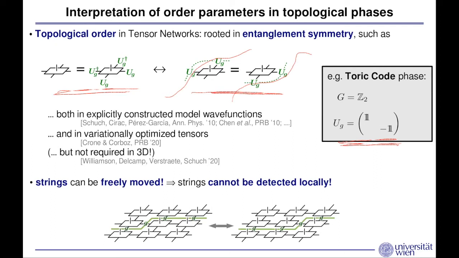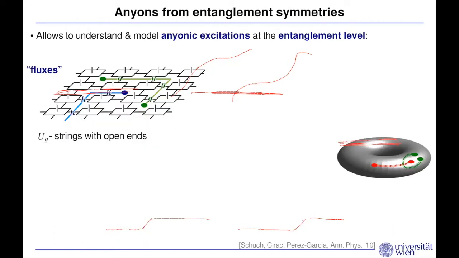And the point of the symmetry is that it allows us to put strings of operators, which we can freely deform. Such a freely deformable string cannot be detected by any Hamiltonian acting anywhere. So indeed, that's what you expect from topological order, that there are things which have an effect but cannot be seen locally. What you have to do instead is put strings of these operators on your system, and you will see that the string can be moved, so it doesn't have any relevance, but the endpoints cannot be moved. So the endpoints will be excitations, which naturally come in pairs, and for non-abelian groups have non-trivial commutation